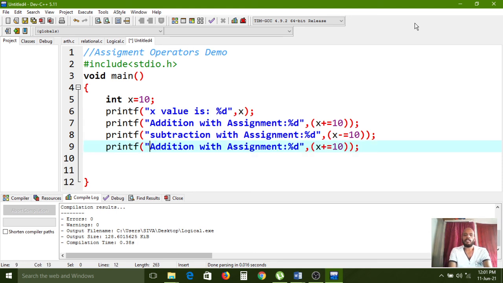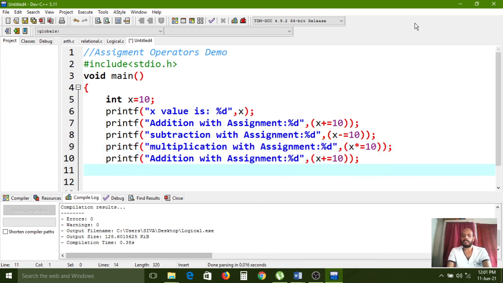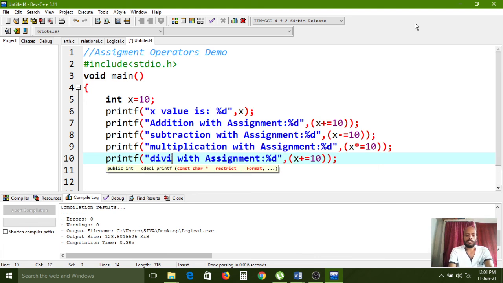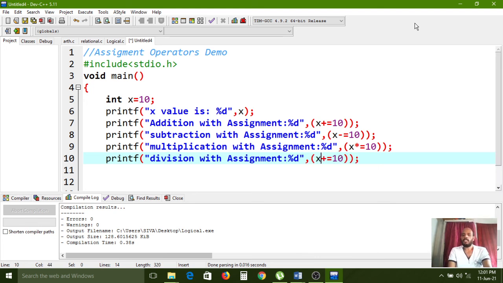Instead of addition, here it is multiplication with assignment, and instead of the plus operator I am placing the star symbol. Again I am pasting one more printf function. And here division: whatever arithmetic operators we have, we change them here. Division with assignment: instead of the plus operator, I am using the slash symbol.